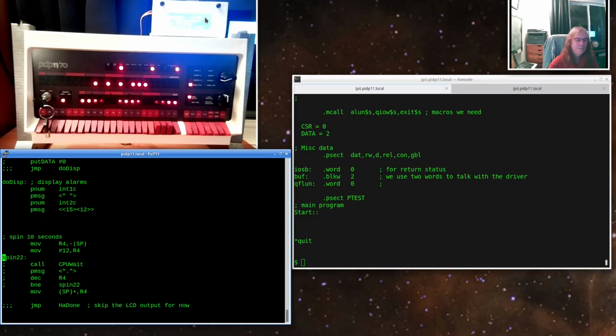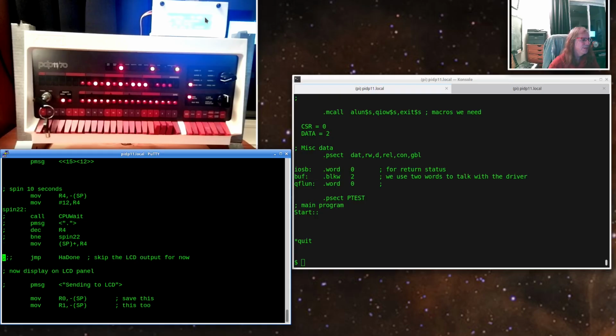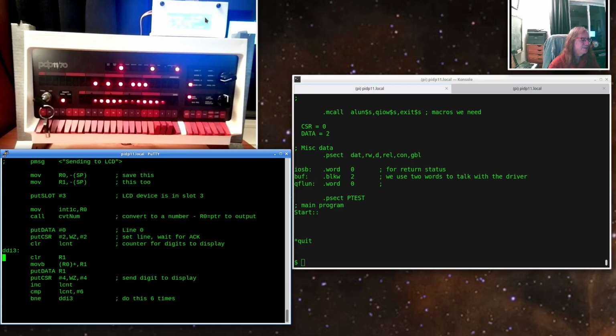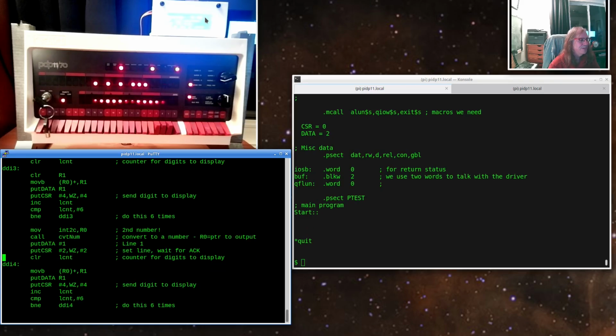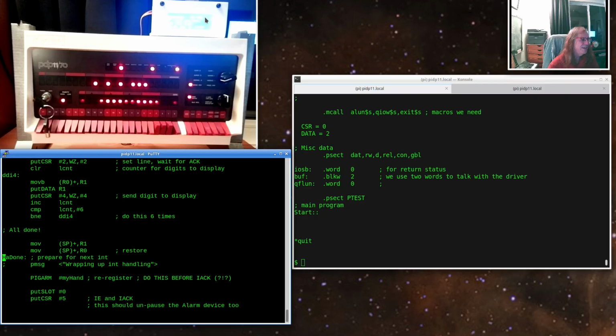I was playing around with hanging out in the handler for a large amount of time to see what happened if interrupts got stacked up and so on, so I had some code here for spinning. I'm not doing that anymore. I'll display on the LCD panel. I'm not going to go through the details of that, but basically we convert the numbers into strings and show them out 1 character at a time. And then handler done,